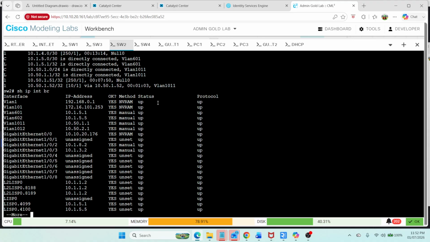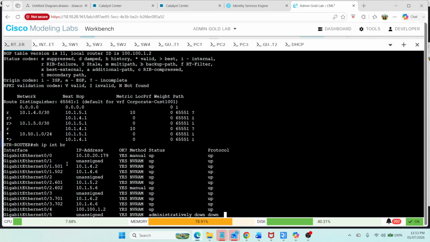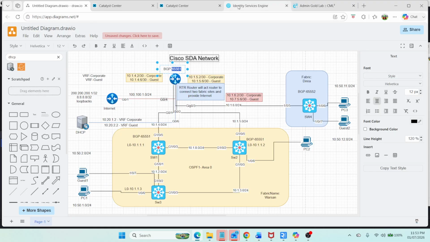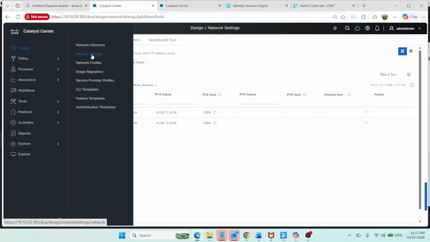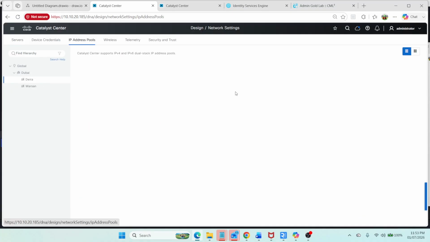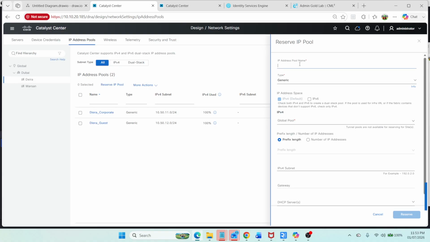I missed this one. Okay, so it should be here. Show IP interface brief. The pool should be 6. Okay, I didn't configure 6 only. So let me configure the 6 one. Network settings, 6, IP pool, and address transit 6. Okay, prefix. Okay, IP transit